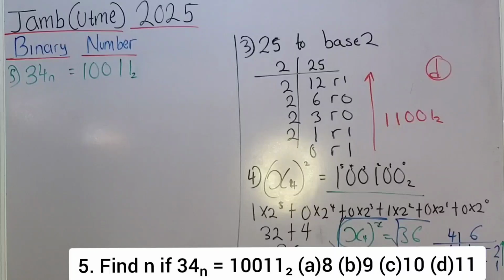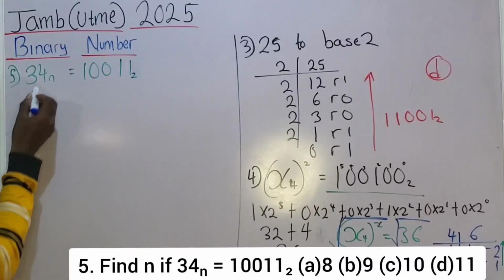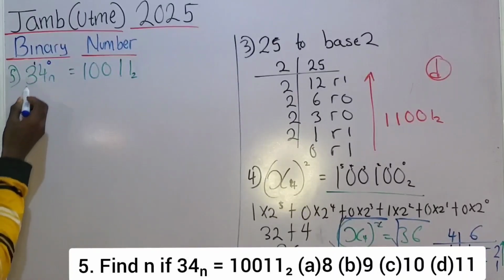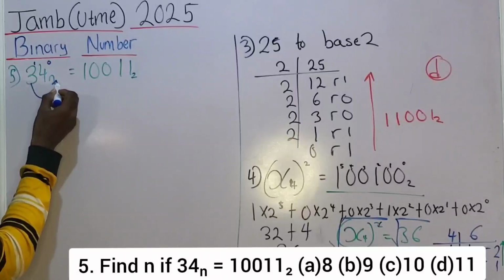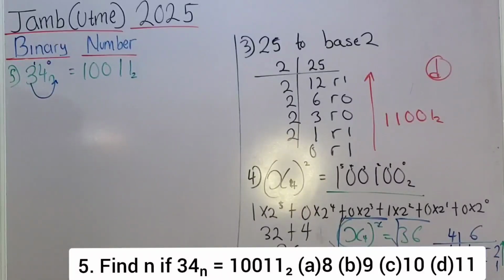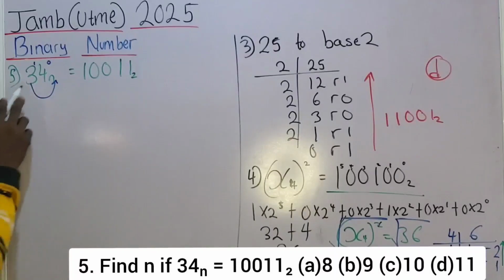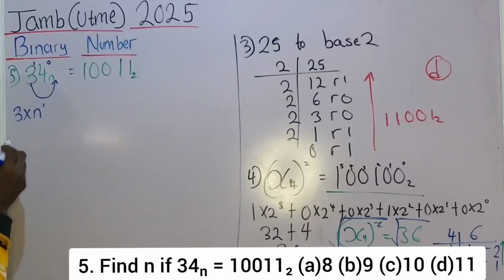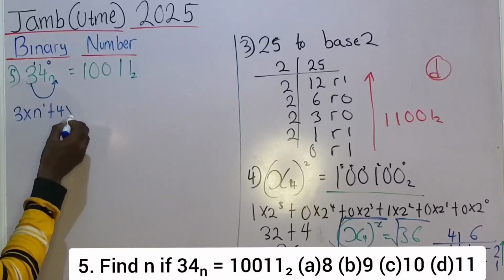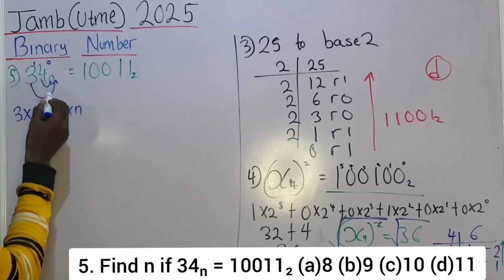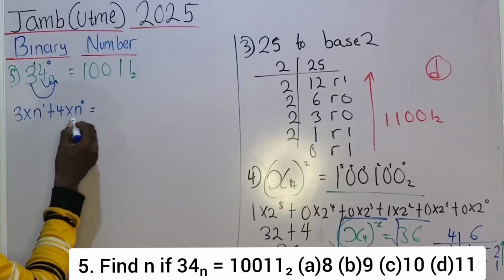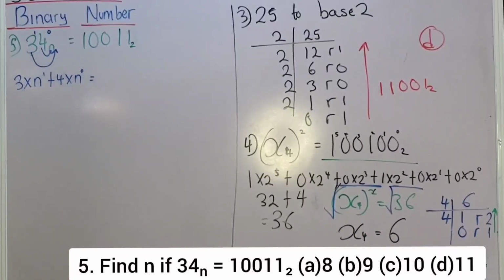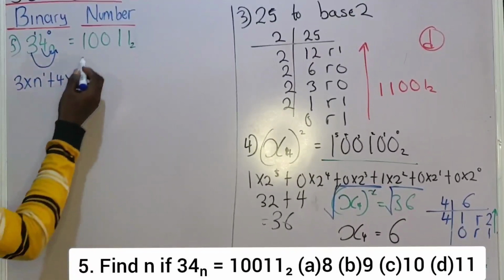You understand? Now, if I'm to do this, this will be 4, this will be 3. So I'm going to have this 3 multiply this n. Don't forget, if you are converting a number to denary, you have to multiply that number by the base. So I'm going to have 3 times n raised to the power of 1 plus 4 times n raised to the power of 0 is equivalent to, now let us proceed to the right hand side as well. For this, I'm going to have 1